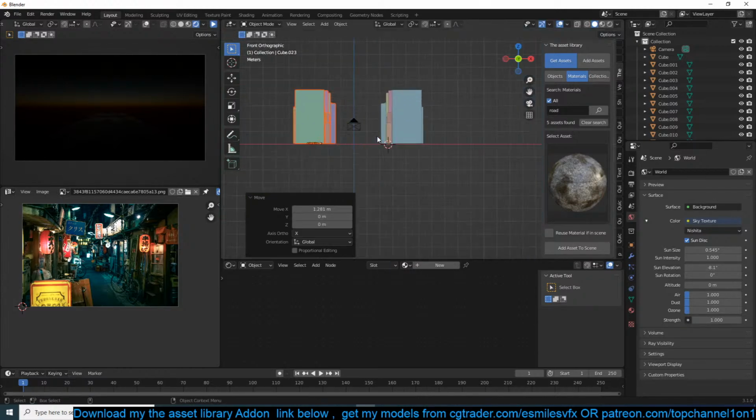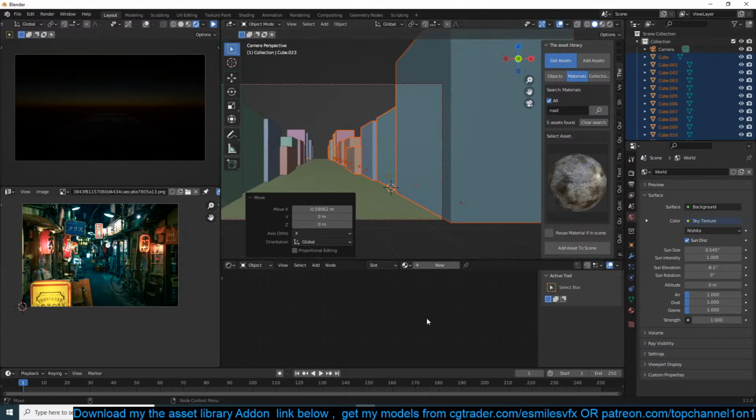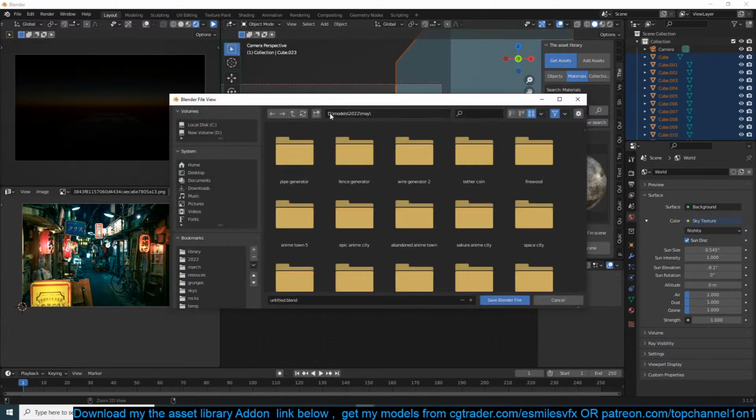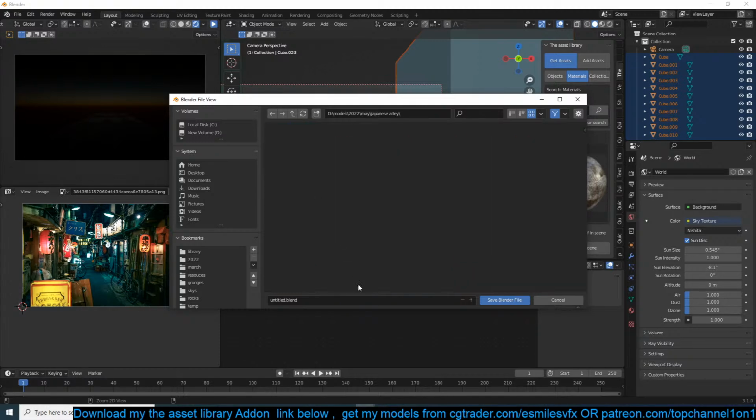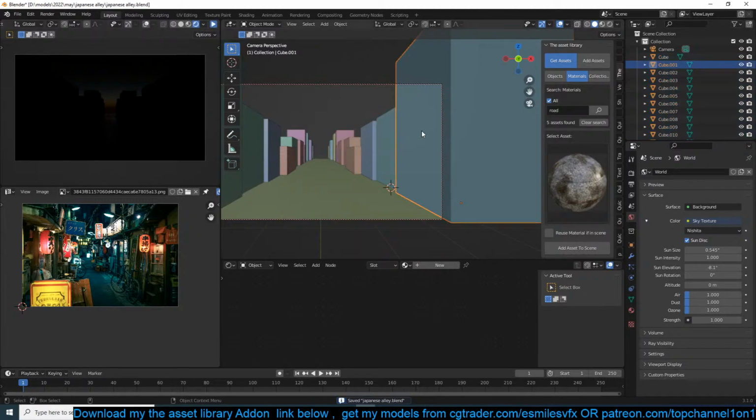This alley is really tight, so let's try to keep it like that. Call it Japanese alley. Okay. Yeah, already we are seeing something.